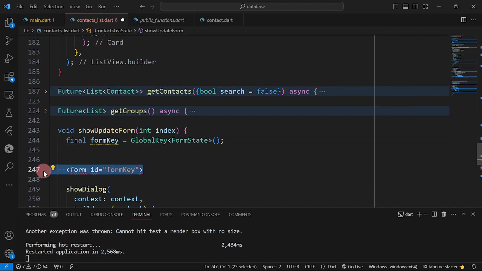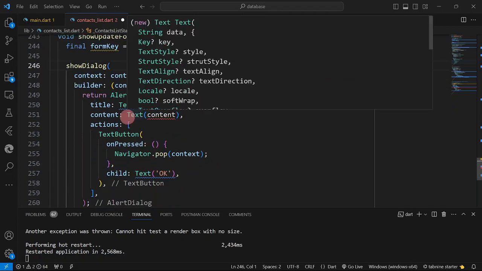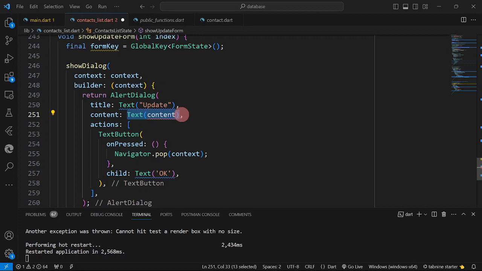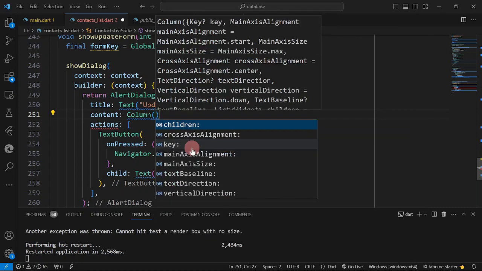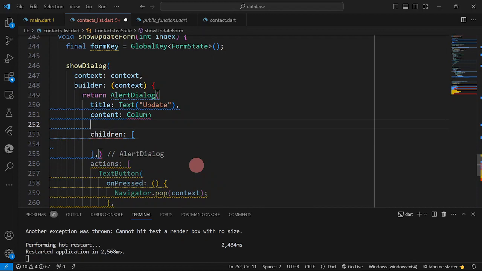So instead, we are going to have our text field, so we are going to use our form key, no, text form fields. With it, the topmost would be a column. Again, in my column, I'm not going to use the whole column, but I'm going to create here